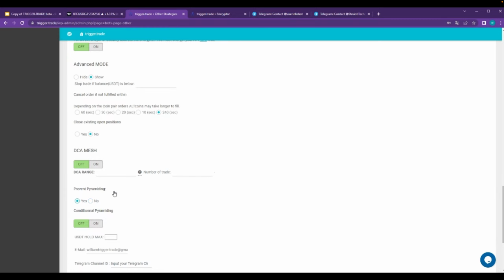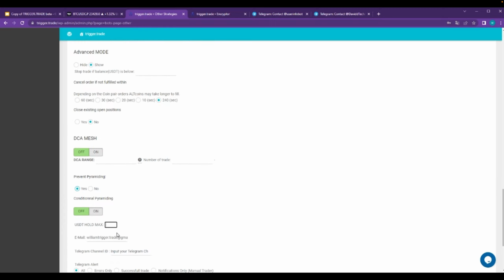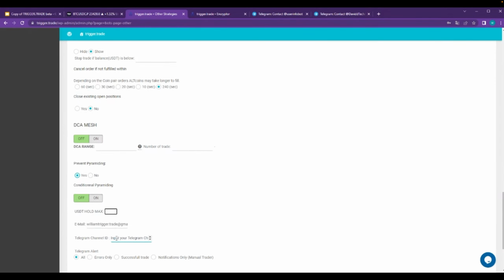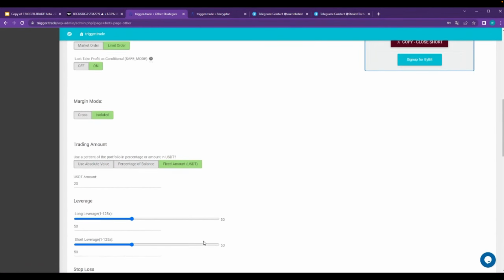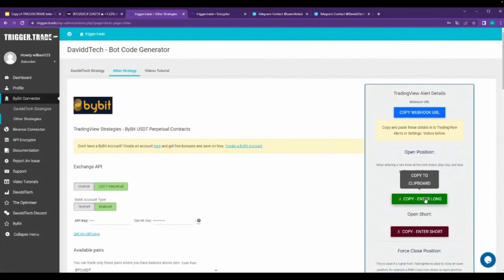Pyramiding meaning that inside of the same candle, if it goes over your value and keeps on going upwards and downwards on that candle within a shorter time frame, if you want it to keep on opening positions to stack that order to an undefined amount, or with conditional pyramiding, you can enable it, and it goes for like $20 trades up to $90, for example, on stacking orders. Once again, we've got our Telegram order ID here, and the Telegram alert, same as on DaviddTech API areas as well. So what we're going to do with this one is we're just copying our link,